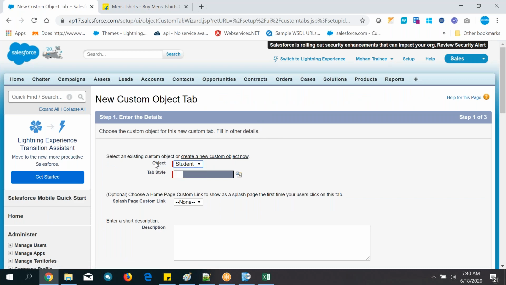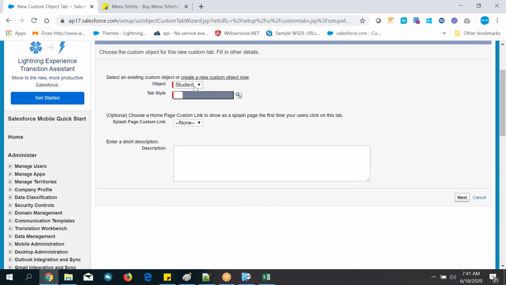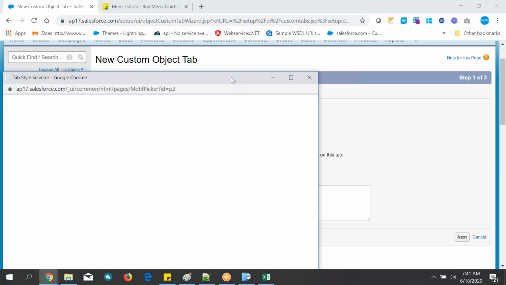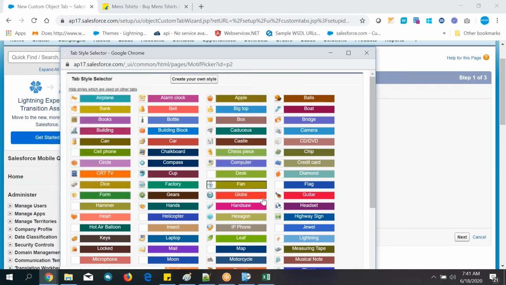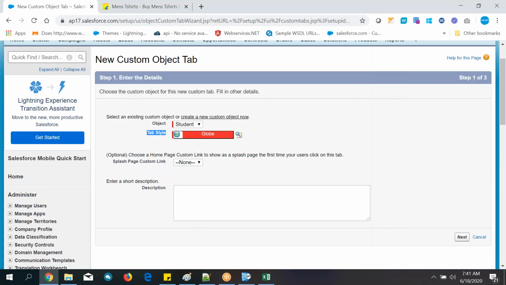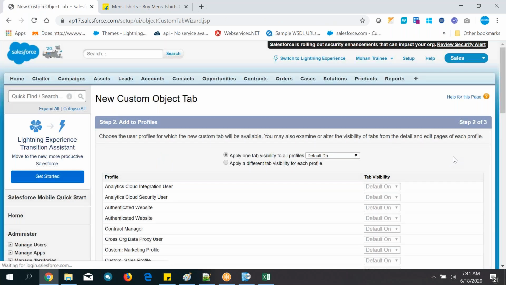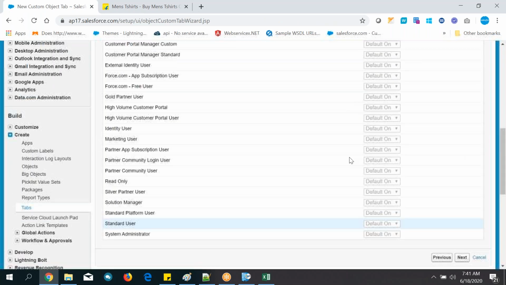It is a drop down. In the drop down, select Student, and then the tab style. Remember the color I am going to give right now under tab style: let's say globe color. Next button. Leave these topics, these are separate topics and I will explain them at that time.